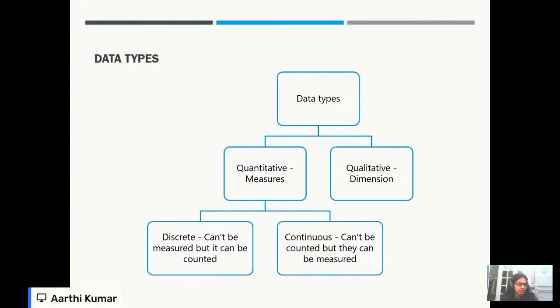The quantitative data can be split into discrete and continuous. Discrete is what can be counted but not measured, for example, number of children in a family. Continuous is what is being measured but cannot be counted, for example, height of the person,